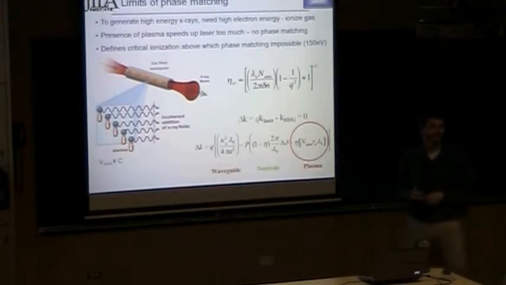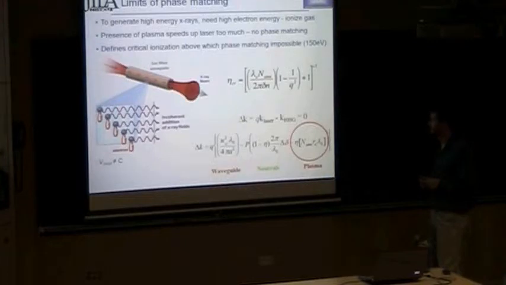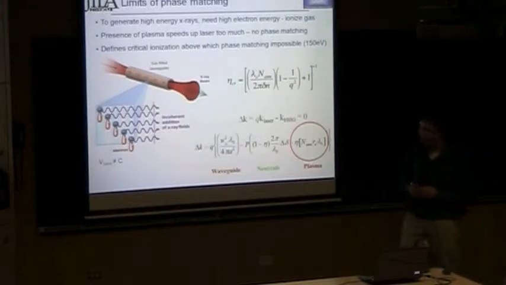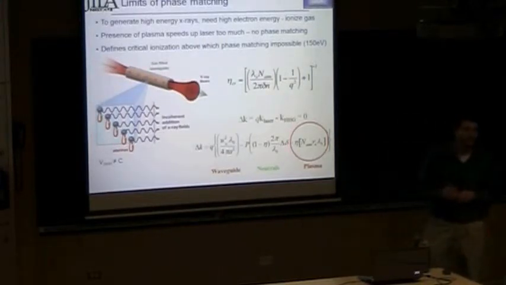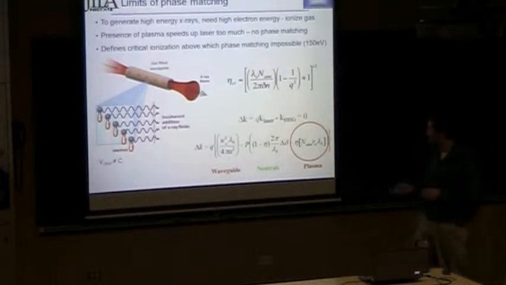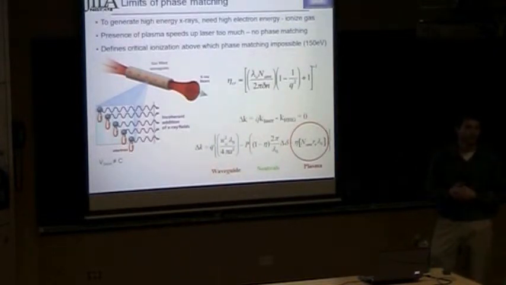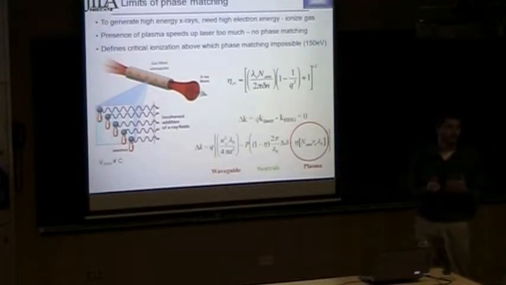But there's a third term in there, right? There's the waveguide. So is there any way you can modify the waveguide? That's a good question. A lot of people, not everyone, does high harmonics in waveguides. So you can look at the different geometry that you use, and then you're going to end up with a different set of terms down here. But the conclusion is going to be more or less the same. For 800 nanometers, it's always somewhere around 150 eV. It's going to be the best you can do.